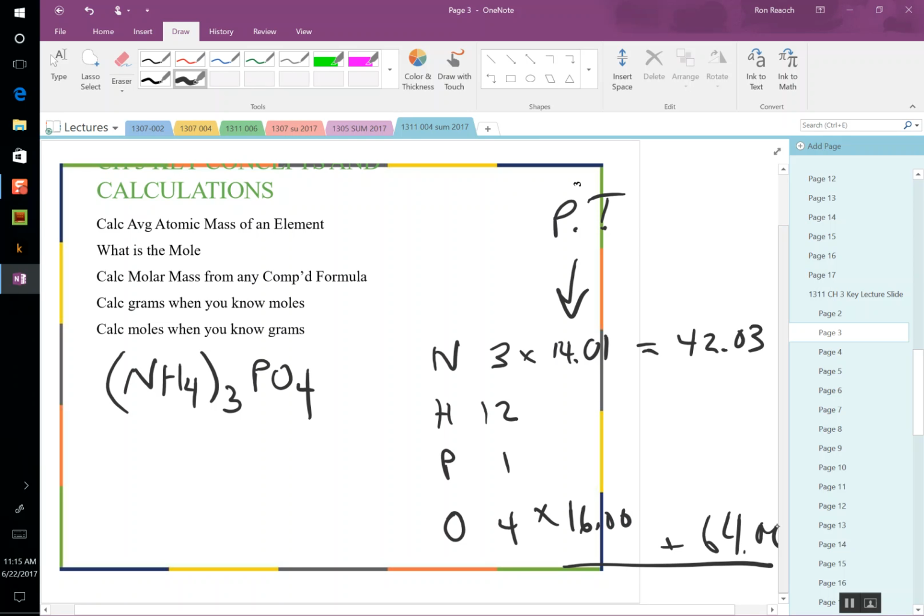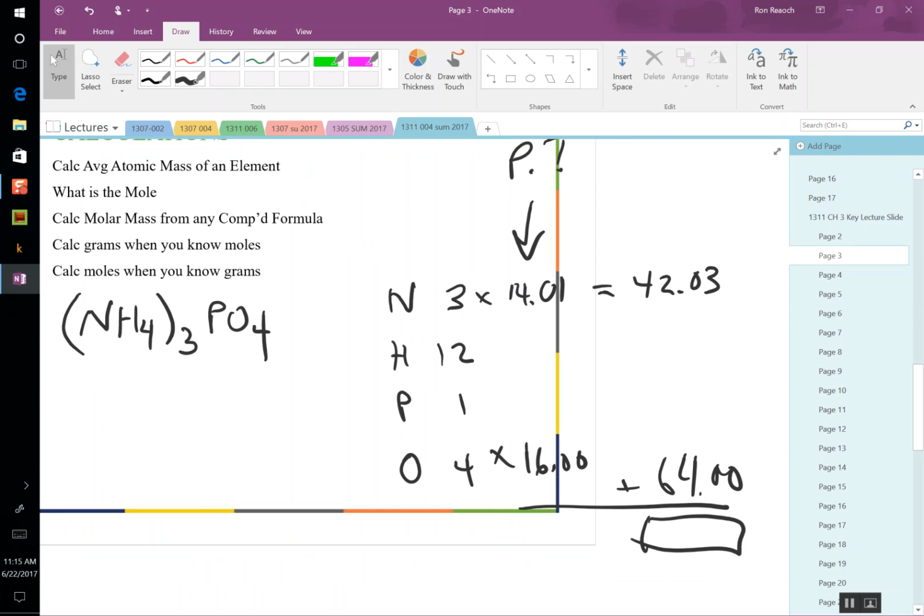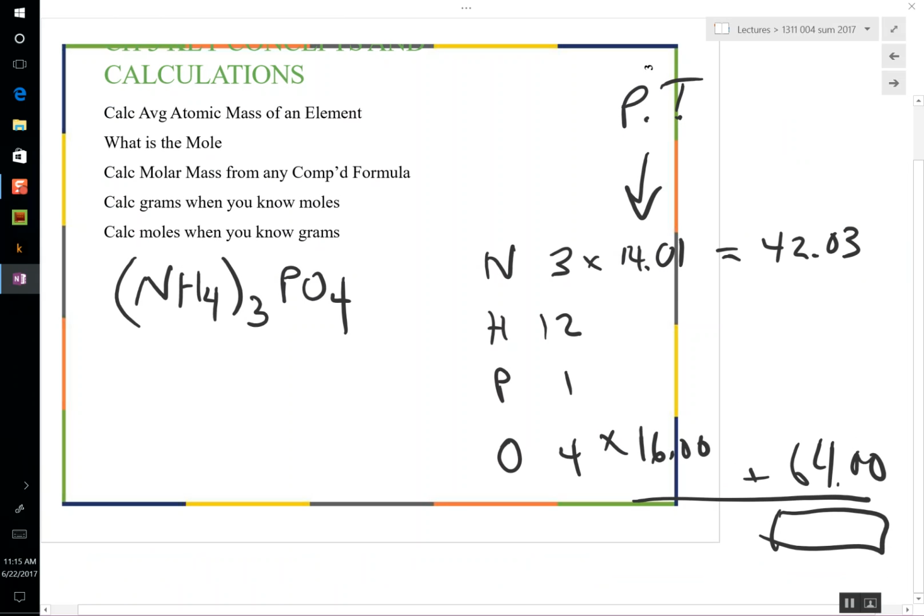Okay, so you just find all of those, add them up, and you get to the molar mass. All right? So you see why getting the right chemical formula is essential to getting the correct molar